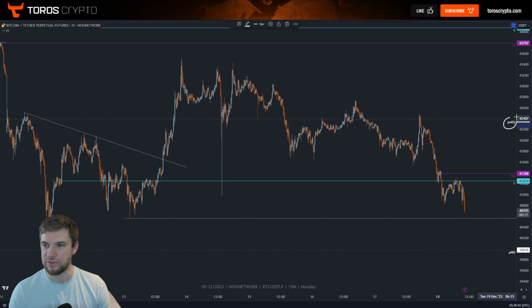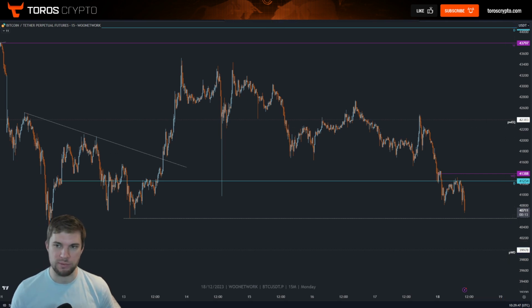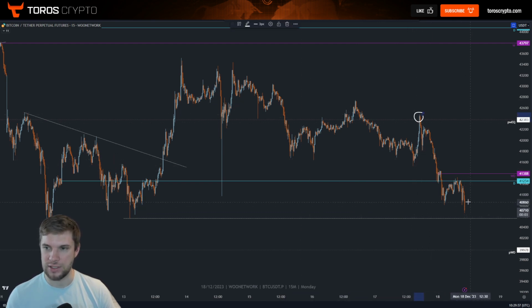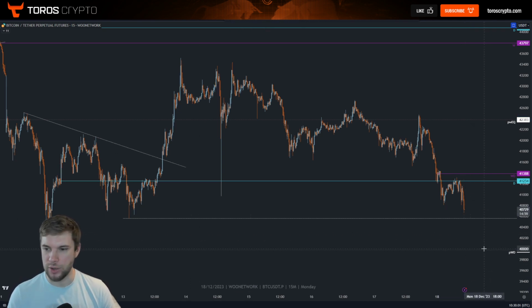These previous week levels, by the way, are no longer previous week levels. They're the ones from the week before. But I just wanted to show you on the chart how they are still relevant. Okay, we had that move down yesterday, took out a low, came back into that previous week EQ. And then if this does continue lower, remember we have that previous week open and previous week low that is down here at